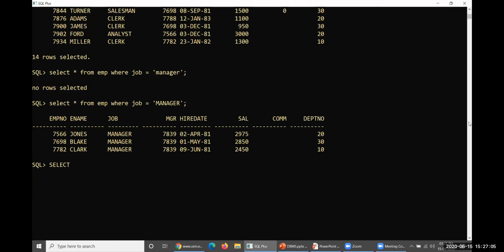SELECT everything FROM EMP. Every detail is required, but the filter is WHERE salary is greater than or equal to 1,000 and salary is less than or equal to 2,500. This is my condition. The people who fall within this range will be displayed. Everyone else is not required: below 1,000 and above 2,500 is not required here.